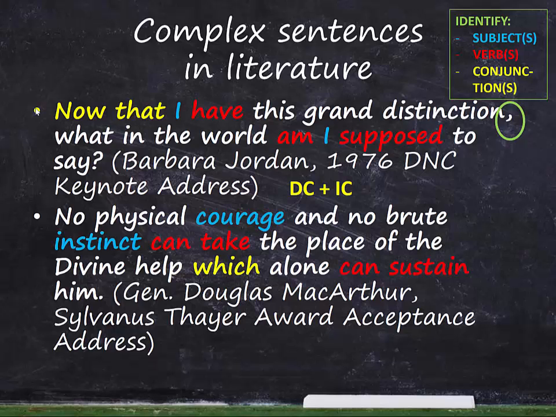There we go. Instead of a subordinating conjunction, we have a relative pronoun here, which means we're dealing with an independent clause followed by a relative clause. And since it's acting like the subject of a clause, I've underlined it in blue. Also, since the independent clause comes first, we do not need a comma.